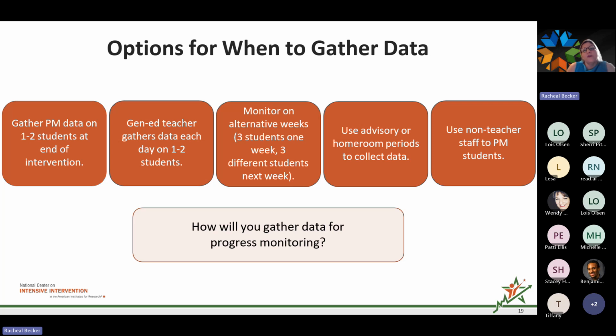These are some practical real-world solutions for fitting progress monitoring into a busy school day. So the first one is gather progress monitoring data on 1 to 2 students at the end of an intervention. The gen ed teacher can gather data on 1 to 2 students per day. You could monitor on alternative weeks, 3 students 1 week, 3 students the next week. Use advisory or homeroom periods to collect data, or use non-teacher staff to progress monitor